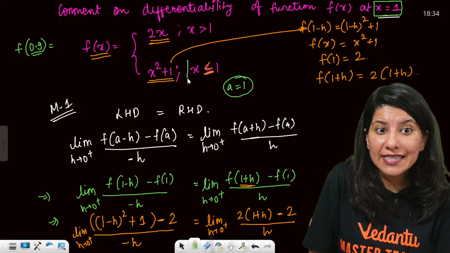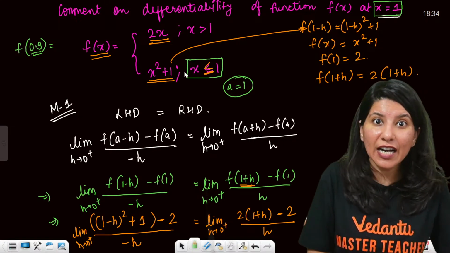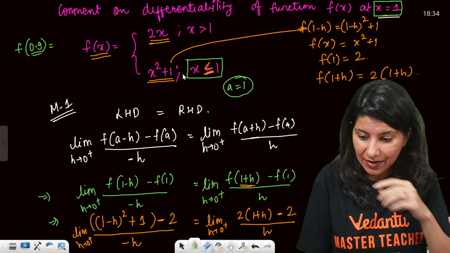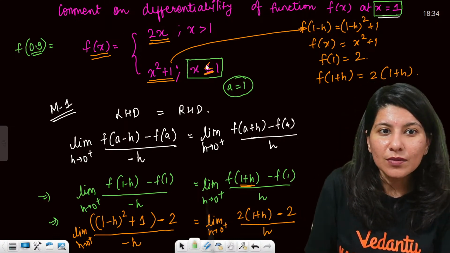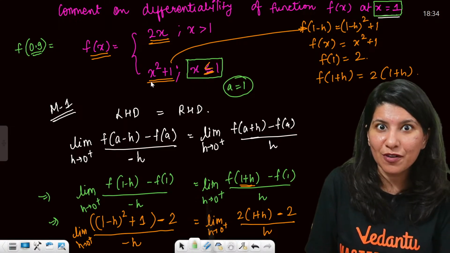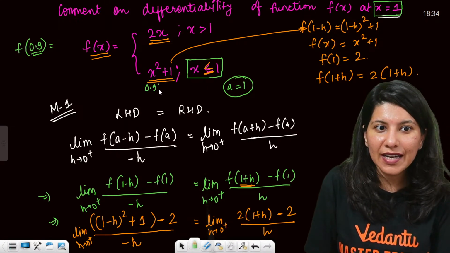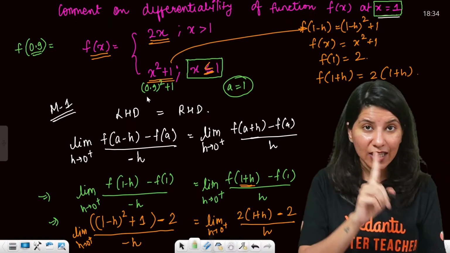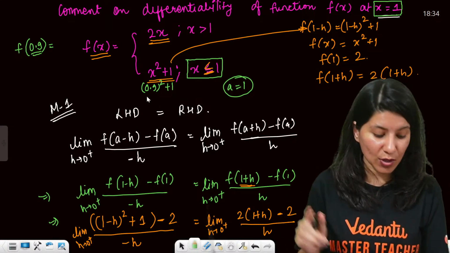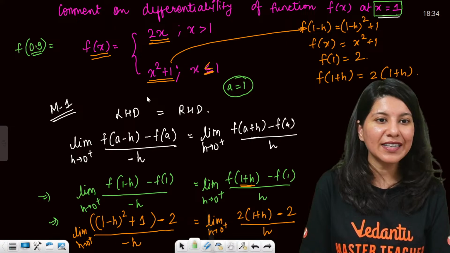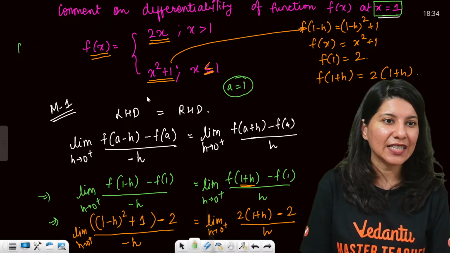Less than 1 is this branch. There are two branches, can you see? You have to pick one branch based on what is x. So now this is your branch. Now you have to put 0.9 where? In place of x, right? So this is 0.9 square plus 1. Are you getting this logic? Are you understanding this? Let me know in the chat box. If you are understanding this, then you will definitely understand why I am writing this.